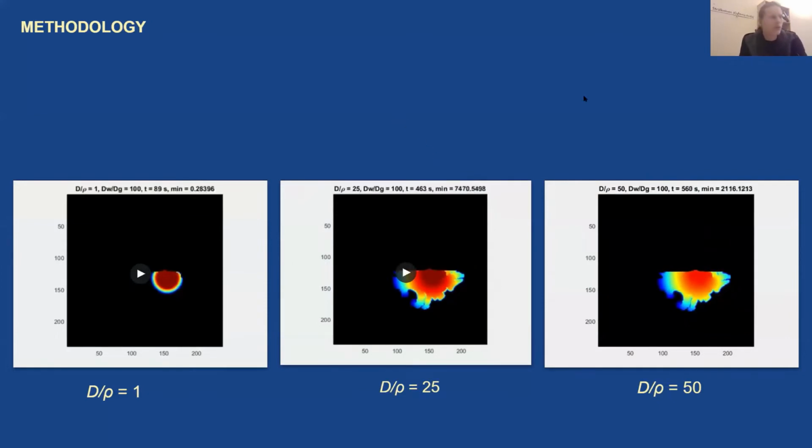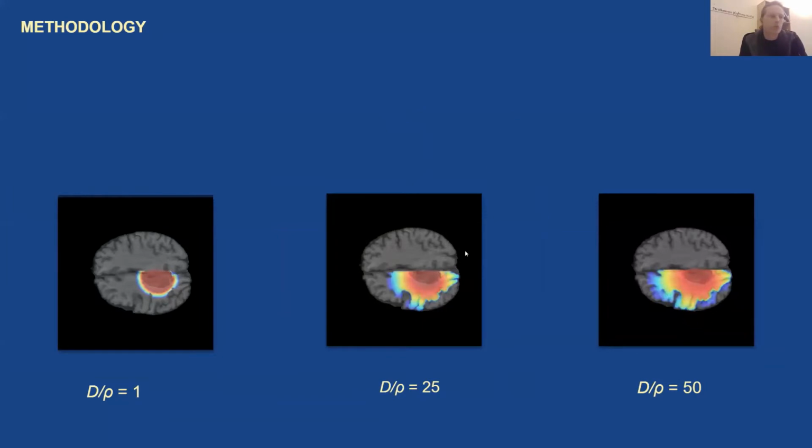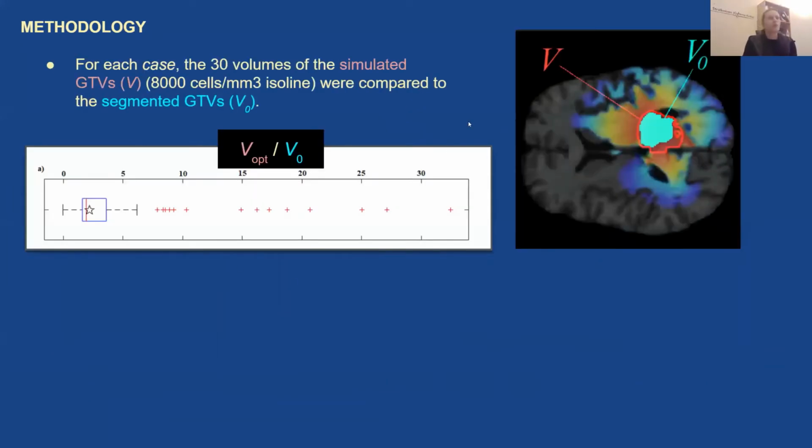So the result is, when we overlay this, we get some sort of tumor distribution. For each case, we got 30 different simulated GTVs. Notice this is a lot to keep track of. Anyway, this is important because we took only the best ones. So we looked at all the different volumes of the simulated tumors and compared them to the ground truth volume. We took the best one, we call it the optimal, and here's what the distribution looks like for all cases.